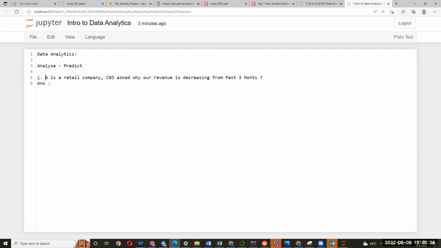The problem statement is, I want to know why the sales have been decreasing for the past 3 months. What type of answers are you going to give? In your point of view, you can imagine whatever company it may be. You can think it's groceries. You can think it's beauty products. You can think it's online electronics like Amazon and Flipkart. You can think it's a website which delivers medicine, or delivers food.